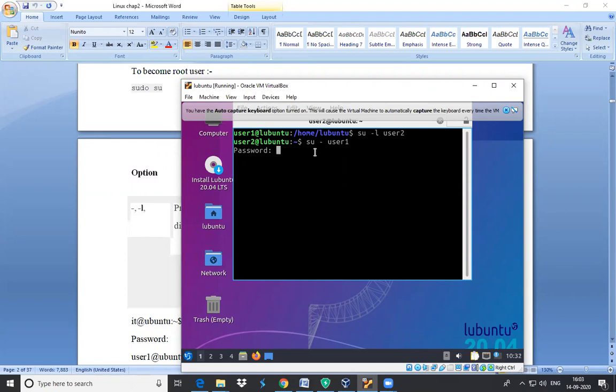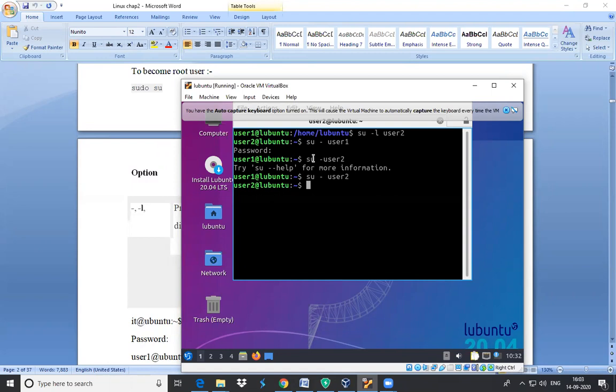Okay, now we have switched to user 1. Suppose I want to switch to user 2 again, then su hyphen user 2. Okay, it requires a space. Now it has become user 2. In this way we can switch.